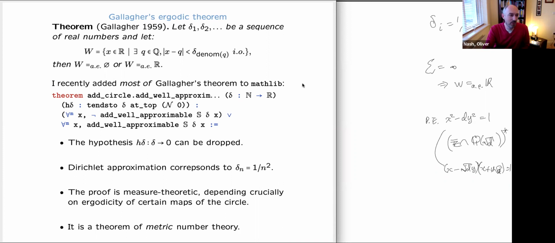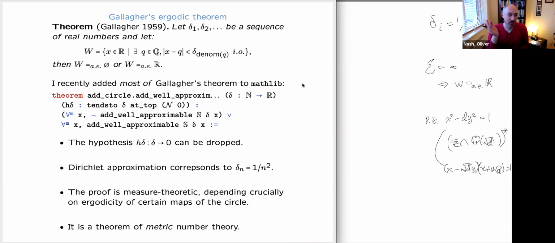So far I haven't said too much concrete about Lean itself, but here's some Lean code. I quite like to put, when I can, the informal mathematics and the formal mathematics side by side, just so you can compare. Here we see the formal statement of Gallagher's theorem that exists in Mathlib. This is a direct copy and paste from Mathlib. I think I've truncated the name to make it fit on the slide. So this says, delta, we have a sequence. Now I've got this hypothesis. This is why I say it's most of. So actually